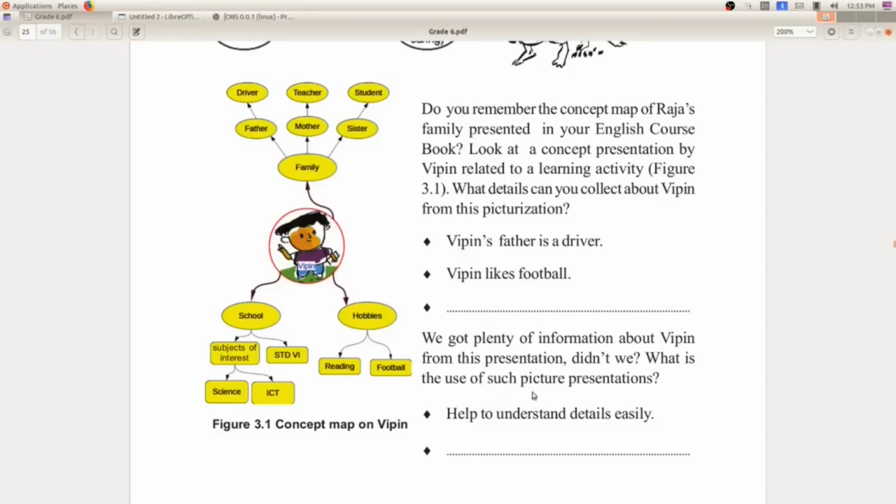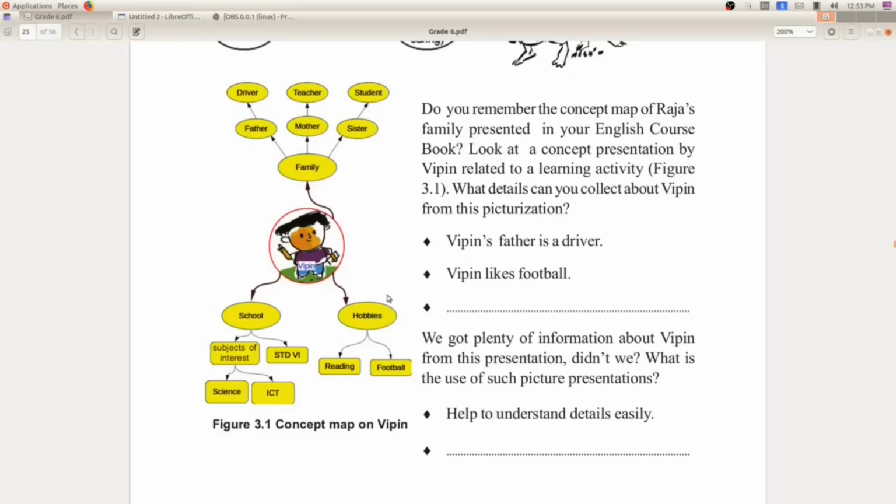Now you come down here. Here there is a question: what is the use of such picture presentation? Already they have given one point. You read out here: it helps to understand details easily.